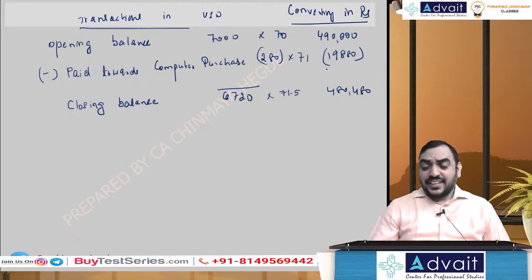Now, does this tally, this amount and this amount? 4,90,000 minus 19,880 is 4,70,120